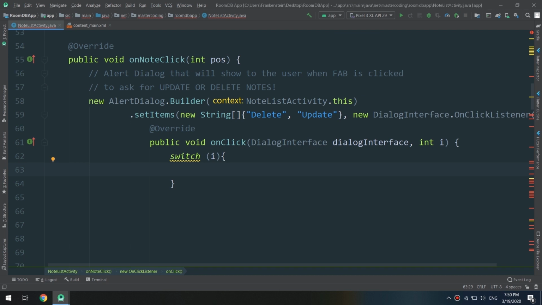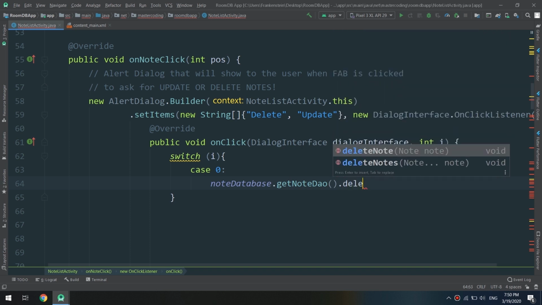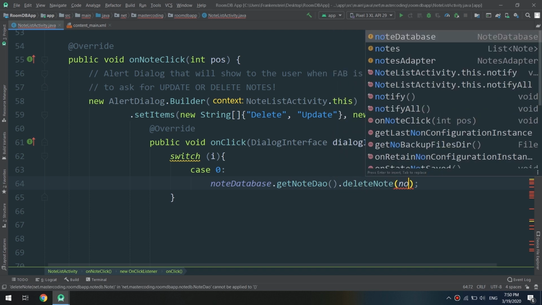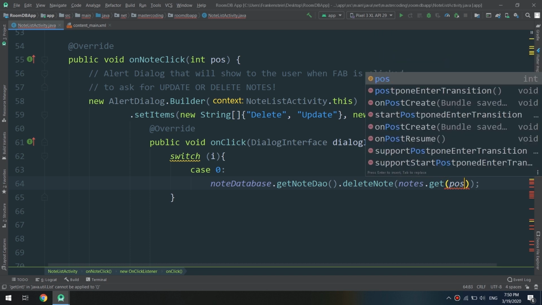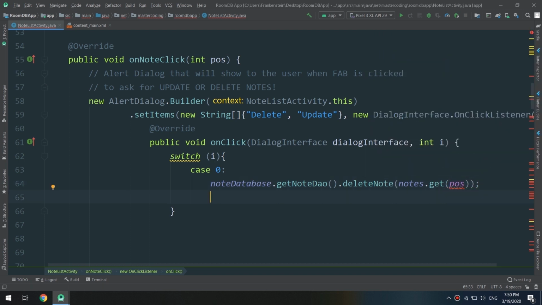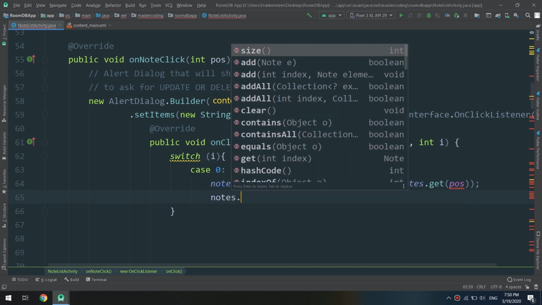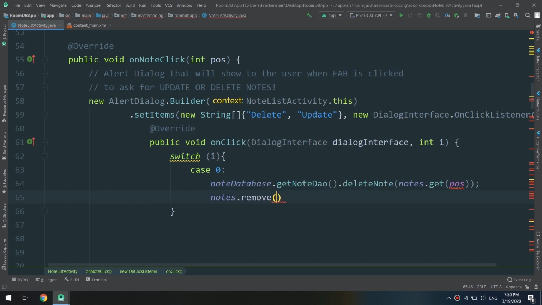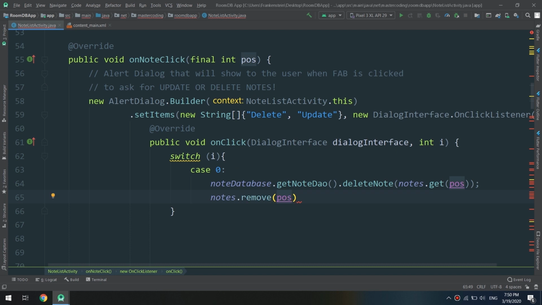If switch i, case 0 means note database dot get note dao dot delete note, notes dot get position. Okay, notes dot remove position. Okay,